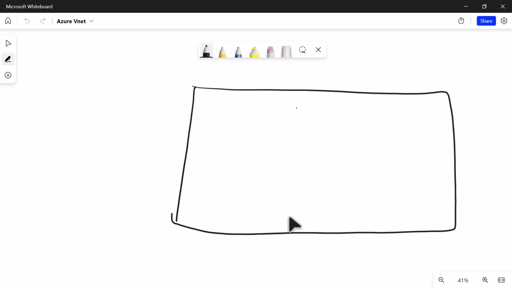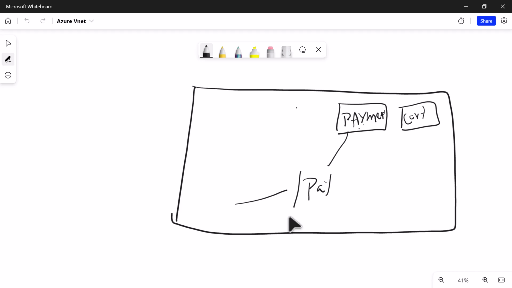Okay, now let's say there's a button called payment here. Okay, there's a button called cart. Now as soon as you want to make the payment and you press this button, it will go where? It will go to that IP address, payment.index.html. Okay. Now, if you press this, it will go to that IP address of the application gateway, cart.index. So this way, the load from the payment application will go to the payment server, cart will go to cart